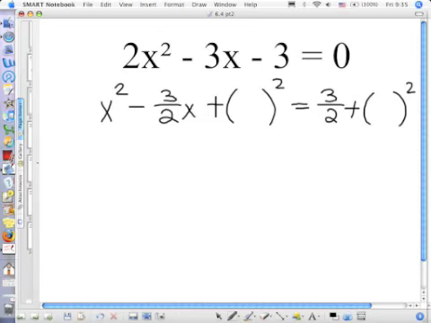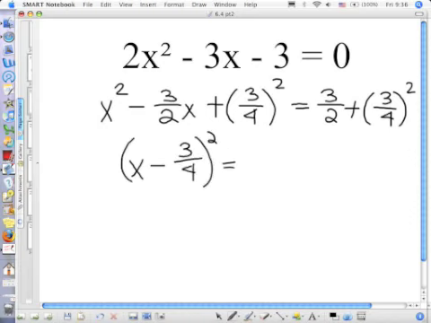But I divide everything that was originally in the equation by 2. Okay, now we said with fractions, we're not actually going to divide by 2. We're going to multiply by 1/2. So what's 3 halves times 1/2? So 3/4 is what goes in here. Okay? All right, so I have x minus 3/4 squared